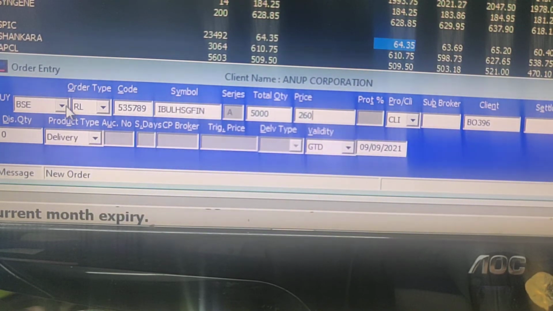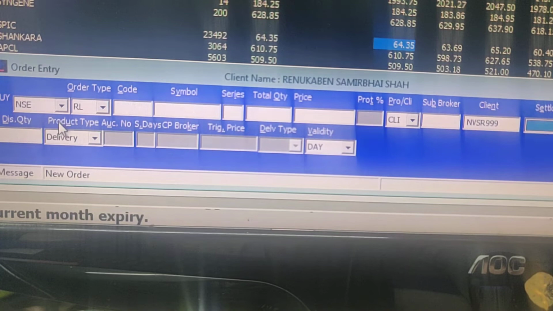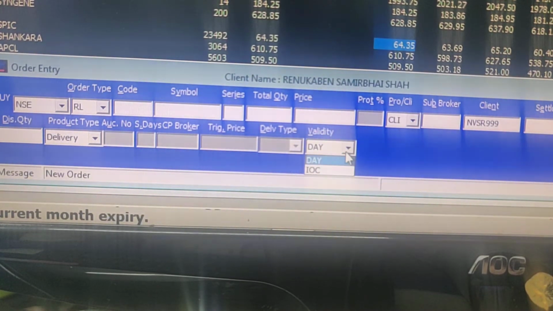Now we come to NSE. In NSE also we have regular lot order and stop loss order. Then we have the delivery and margin. Then the validity is there. Here we also have the day or immediate or cancel. Here we don't have that